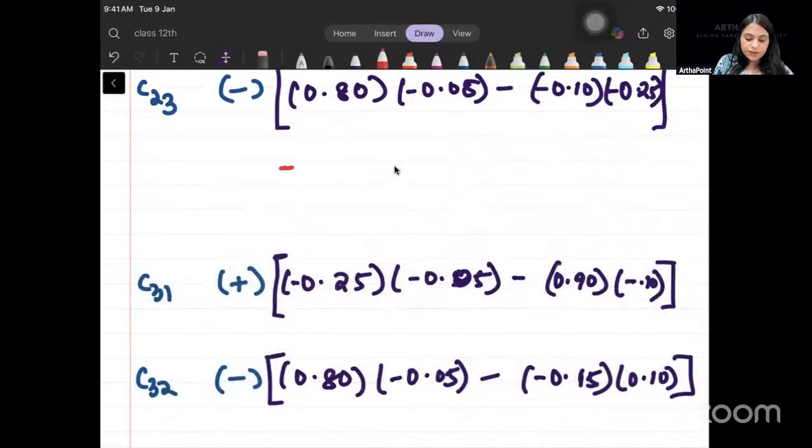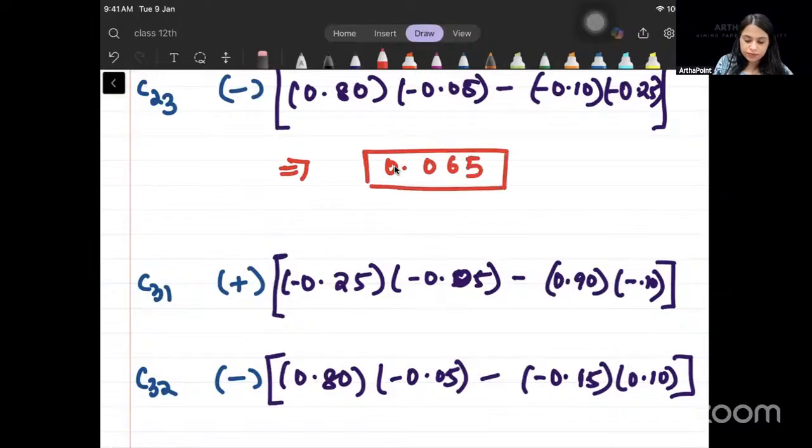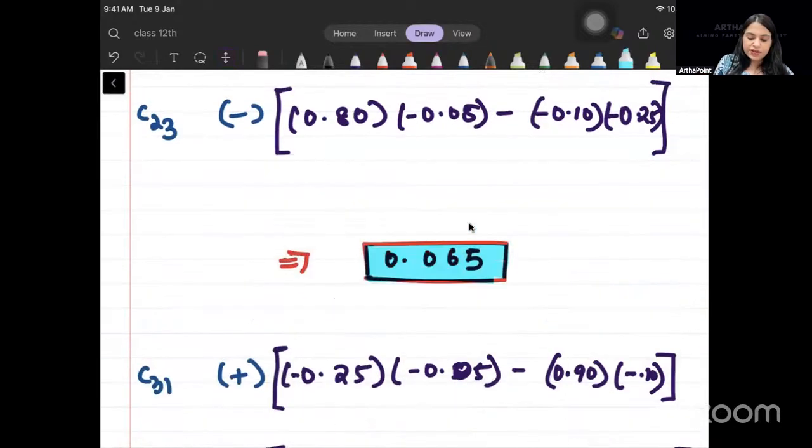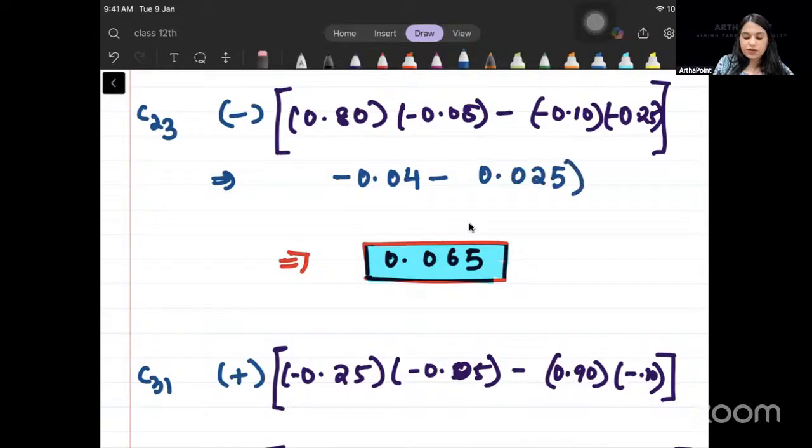Then C23, I am getting this as 0.065. C23 I'm getting as 0.065. How? Because this is giving me 0.04 with a negative sign, and this is giving me 0.025, and there is a negative sign outside. So this is giving me 0.065. And then for C31,